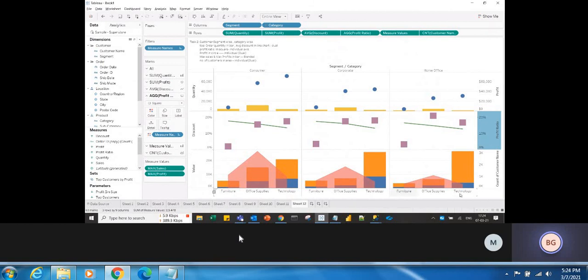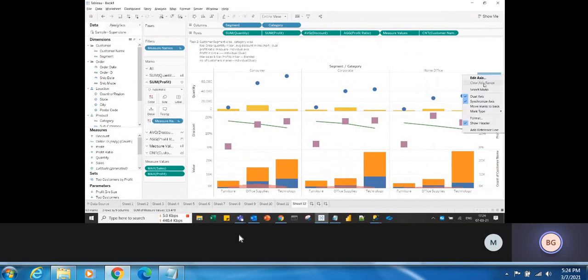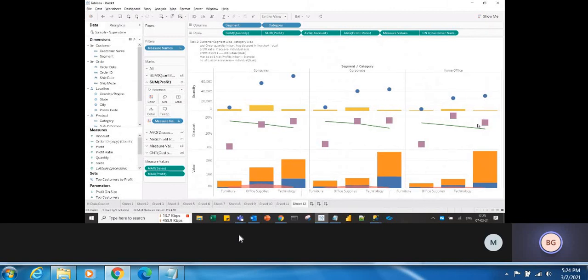Here also it is showing 1k, 2k, 3k, so same, synchronize the axis. Okay, and just uncheck the header. So this also you can do. However you want, it is all about your requirement, right? So I have prepared my requirement like this. If you want to prepare your requirement like this, you can do that. Okay.